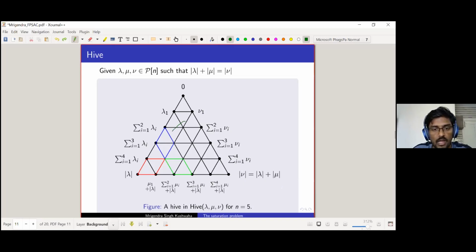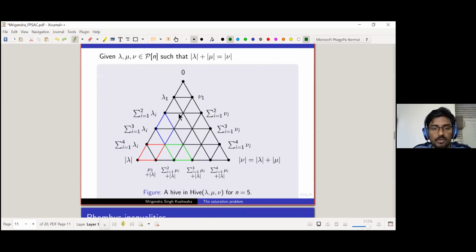And then you have to fill these inner vertices with some condition. So what will be that condition? That condition is specified over these rhombi. So you see in this picture there are 3 types of rhombus. The rhombus marked by red is a northeast slanted rhombus, the one marked by green is a southeast rhombus, and the vertical rhombus is marked by blue.